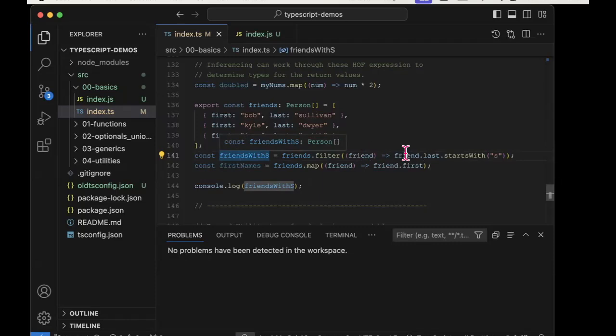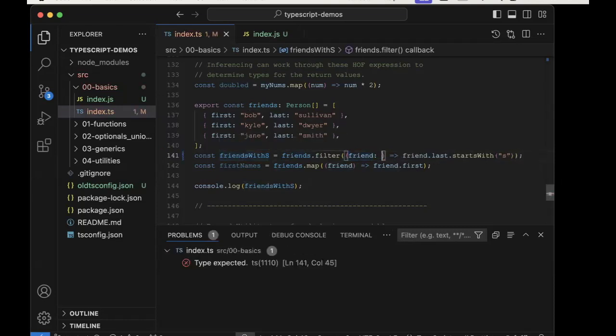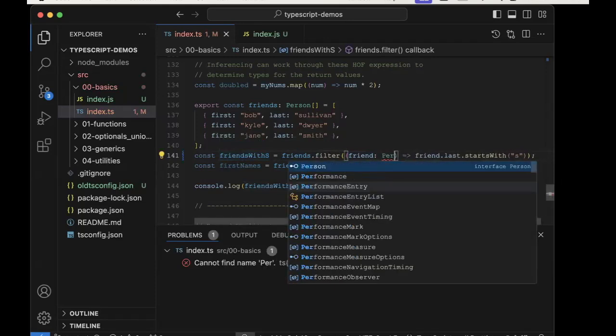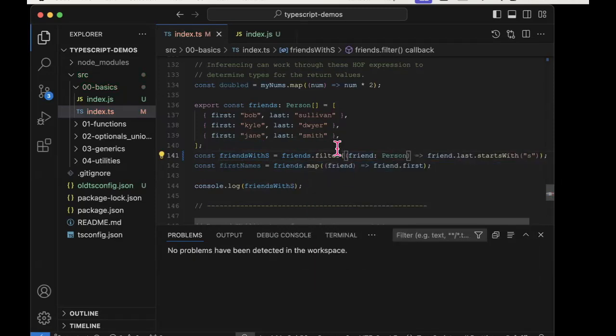Equally inside here, I'm passing the filter method a callback. So here's my callback function. It takes one argument. I'm not telling it what type this argument is. I could have gone in here and typed colon person, and the compiler would be happy. But I could actually let it infer the type. So if I get rid of that,